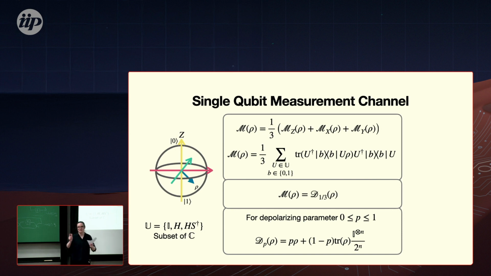When you couple a little bit with the environment, you lose a little bit of quantum information by coupling to the environment. Then this is a good channel to approximate this physical process, the depolarizing channel. Who has already seen the depolarizing channel? A lot of people. Very good. Okay. So we have just shown that actually our measurement channel is just a depolarizing channel with the strength 1/3.